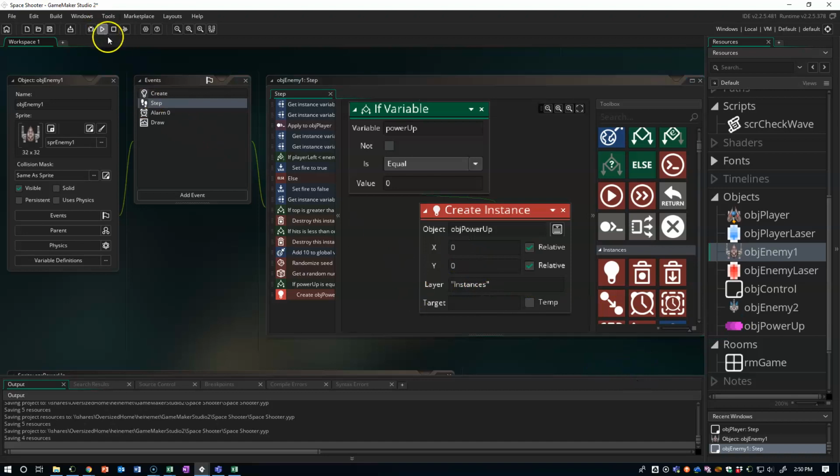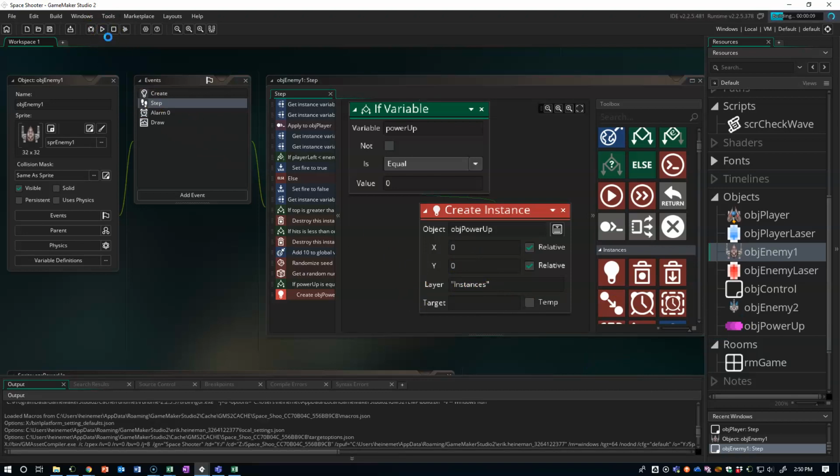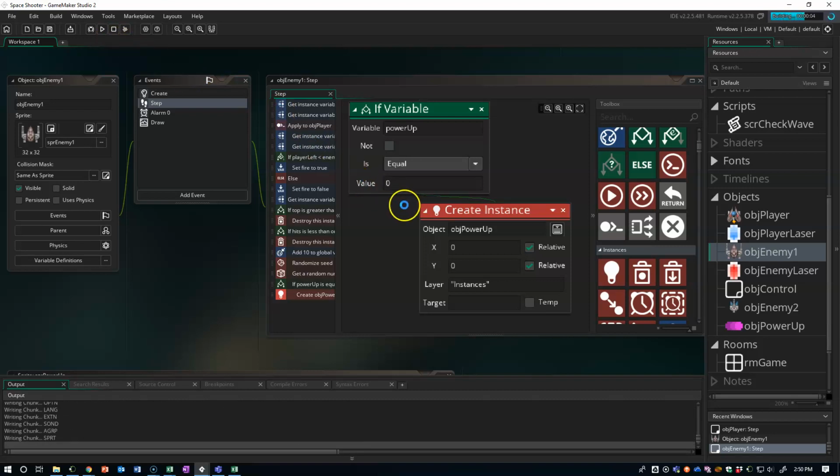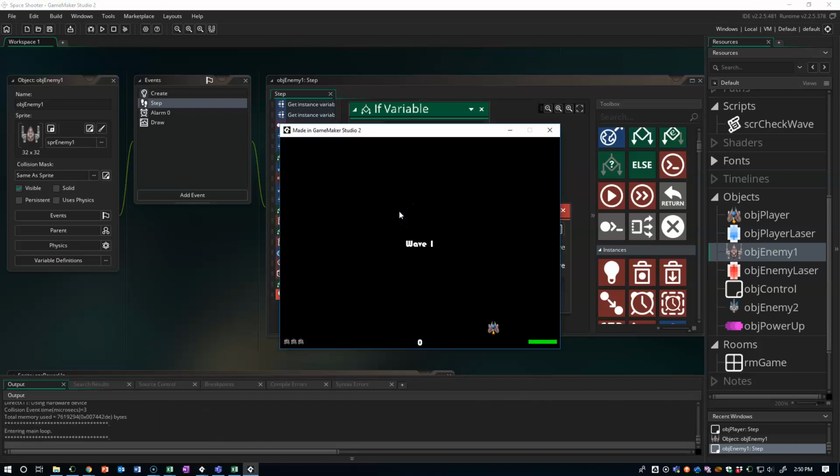So now, what I should notice is I should see a couple of things. When I destroy an enemy, every once in a while, I should have a power-up coming. There it is. I missed it that time. But we want to see, one, is the power-up actually giving us, oh, I just died. That's okay. Is the power-up giving us